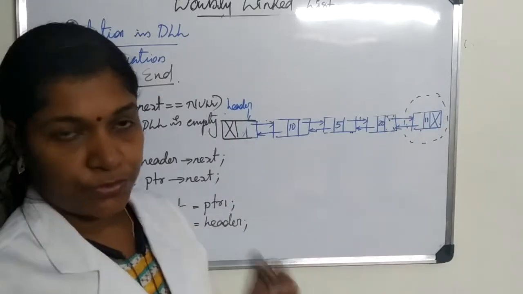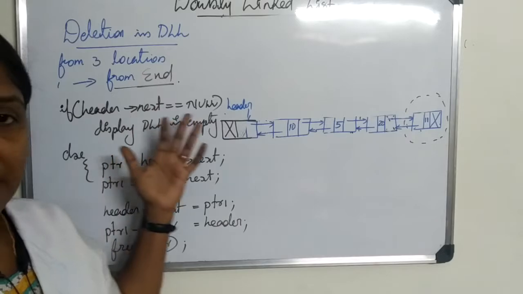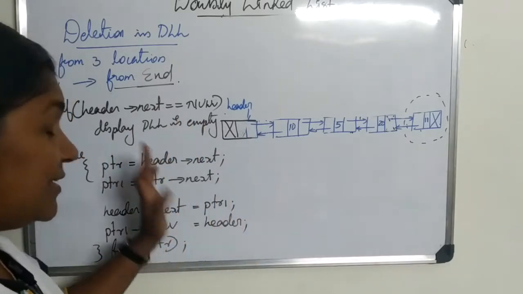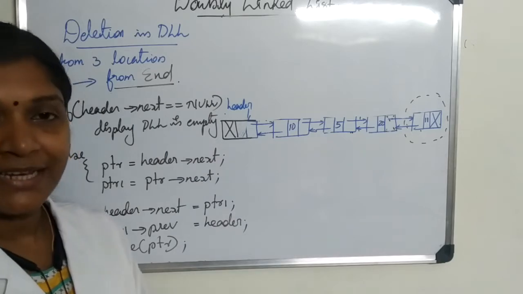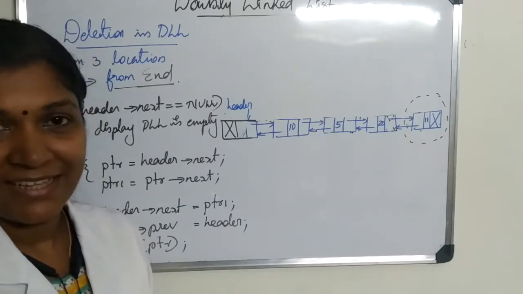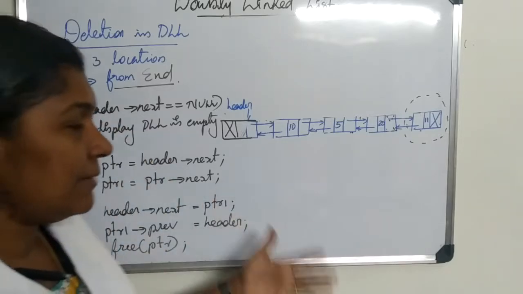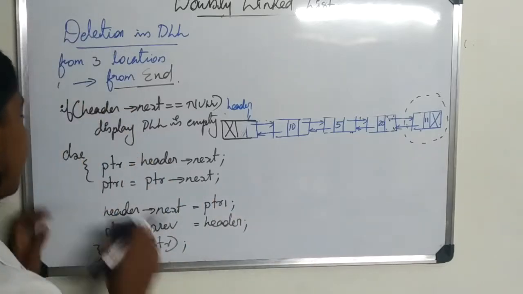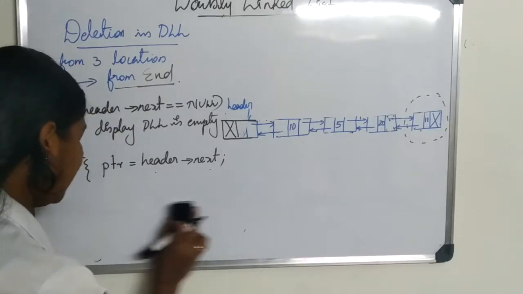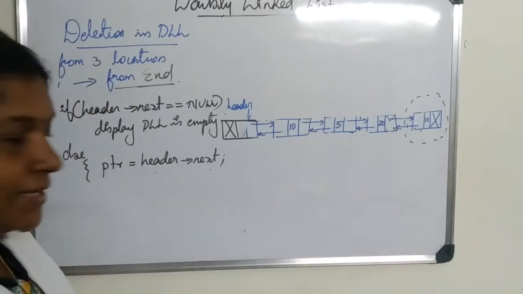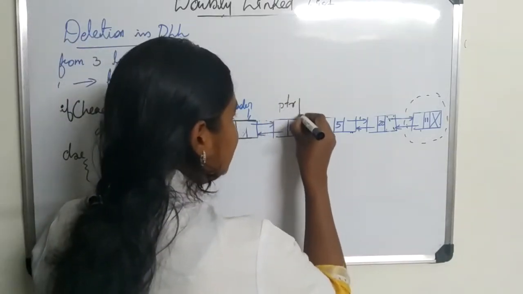That is this node. For all the cases I already mentioned, the empty checking part is there, as a constant. In our insertion also, inserting into an empty linked list was a constant part in all the cases, right? Like the same here, we would be checking whether the list is empty in all the cases. Then in the else part, we require the temporary pointer, so let it be there. That is PTR is equal to header dot next.